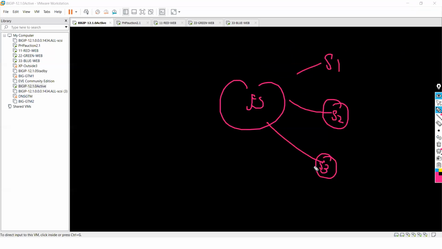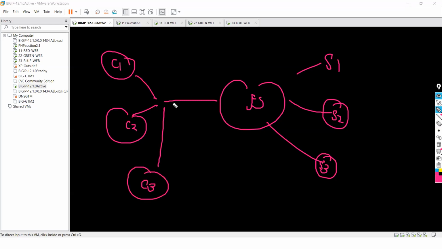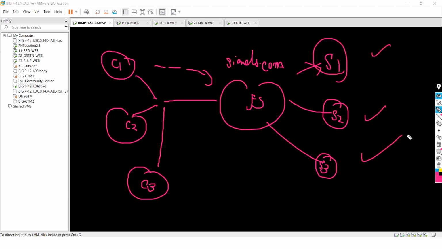Now the next question is how F5 will distribute the load. I have multiple clients coming from the internet. Let's say this client wants to connect to sianets.com. So how will F5 make sure that it can go to this server or this server? Who will decide this?